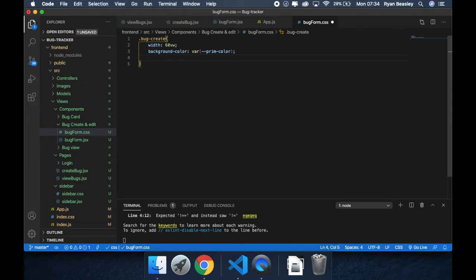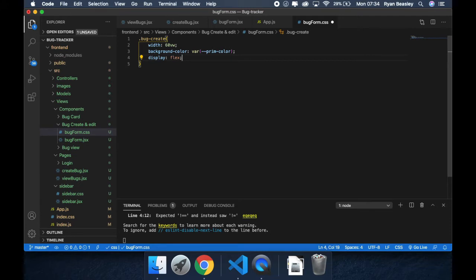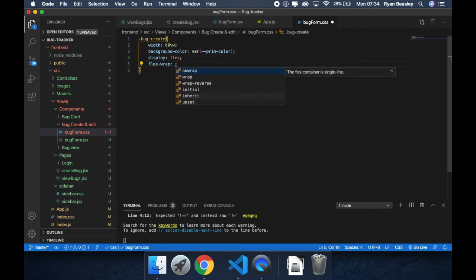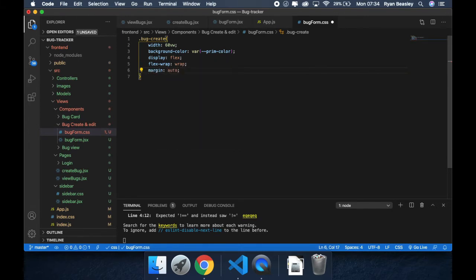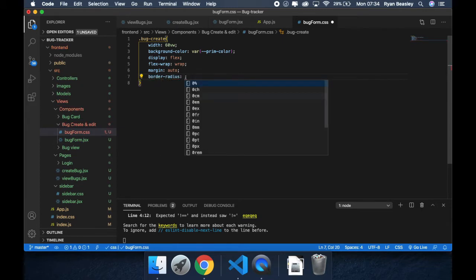This is the container, so we're going to make it into a flexbox. So we're going to have flex wrap and make it wrappable. We'll give it a margin auto so it sits in the middle. We'll make the border rounded so it matches the rest of the application, so border radius, and we'll give it